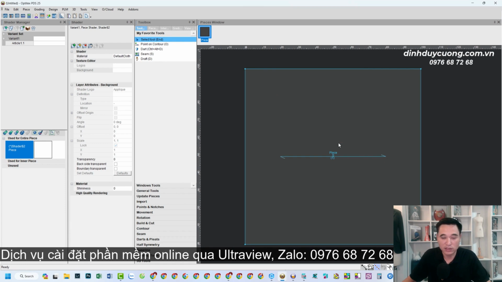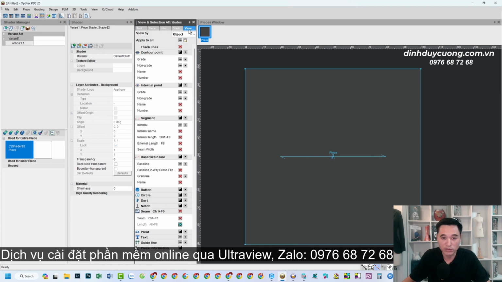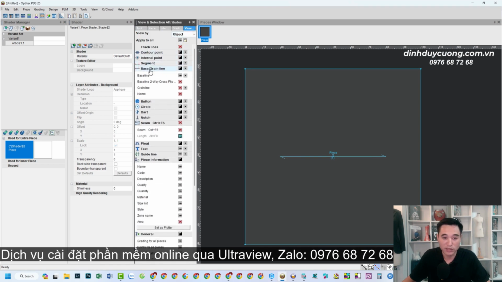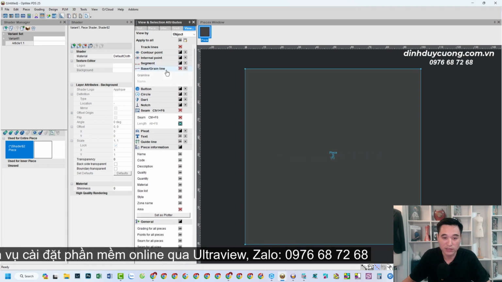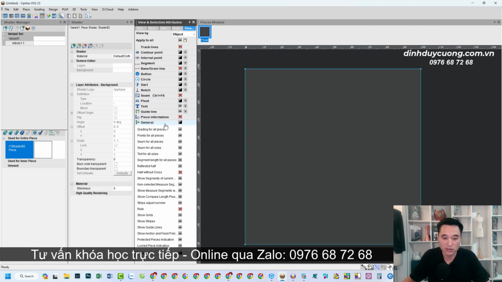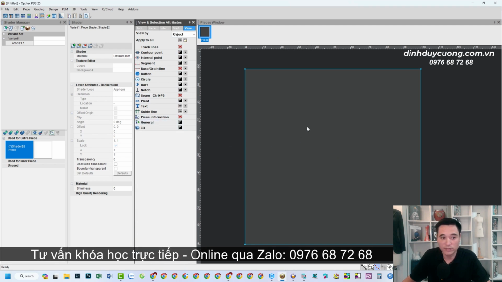Alright, so once you've created a detail like this, if you want to hide the thread channel, you can go into the view section to hide the thread channel, okay? Here, you click on the baseline section up here. You hide the thread channel. You can hide the text too. Hide the text as well. Hide all the text. Alright, there. So it looks flat like this, right?